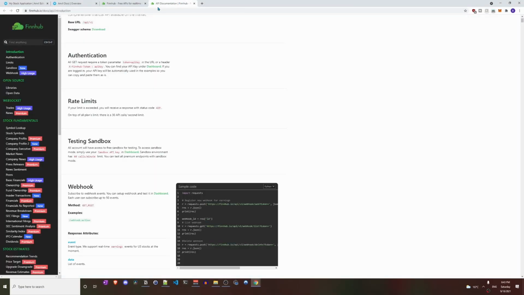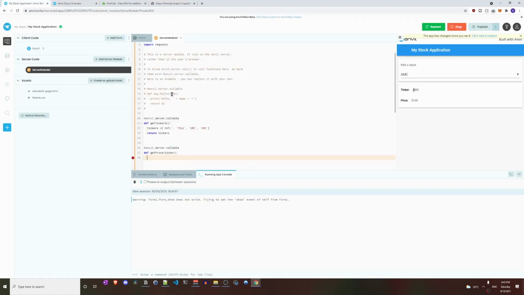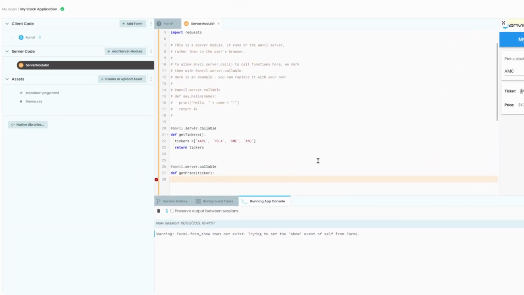So the URL I'm going to use here is this one right here, and it's in my GitHub again. And you can see when we search for it, I have the ticker symbol Apple, and it returns me the price of Apple. So let's go ahead and hard code this in, and then we're going to use the ticker as a variable, and it'll make it so when we select any of our stocks, it uses that variable in the request header. So let's start off with our object, and we'll go requests.get,